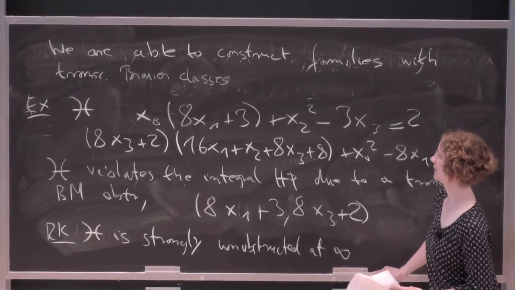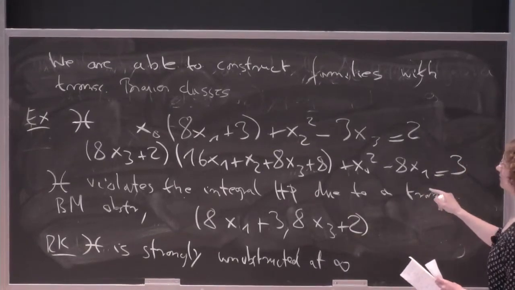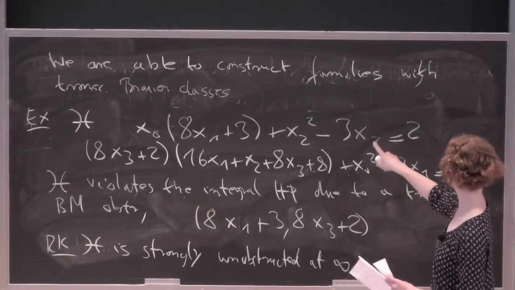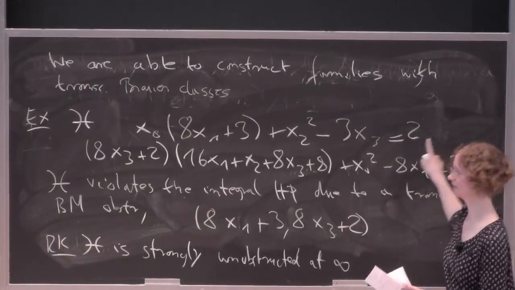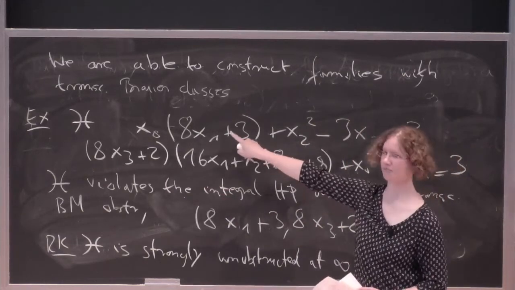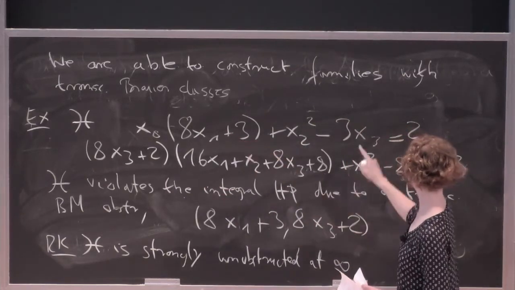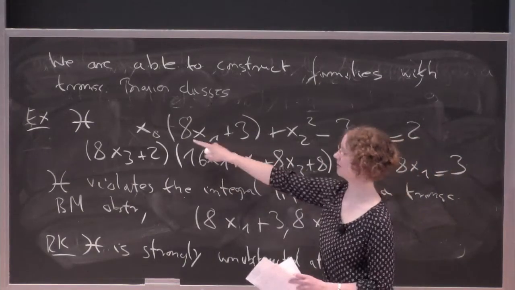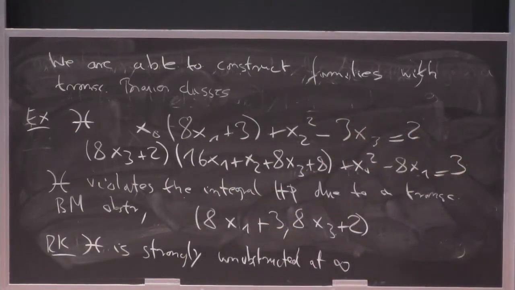So the general family that we can write down, you already see if I write this term on the right-hand side, then I have a linear form 3x2 plus 2, which I repeat here, and a linear form 8x1 plus 3, which we repeat in there. And then we have two squares of two linear forms and two other arbitrary linear forms, and that's the family that we construct. So you can replace all of the linear forms, up to some non-degeneracy conditions, with anything. You will always find exactly this Brauer class in the family.